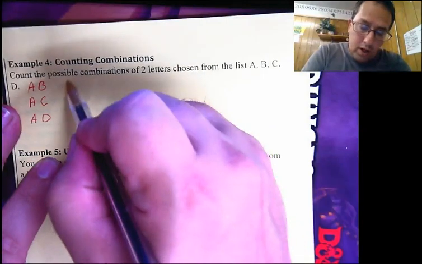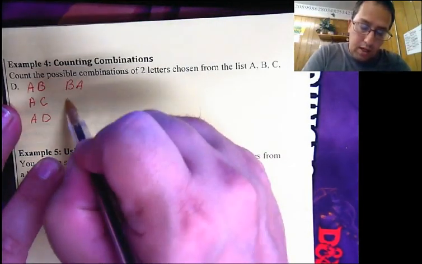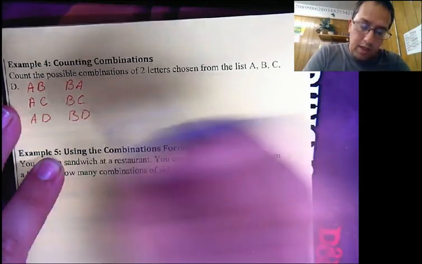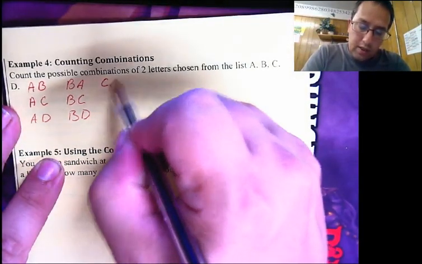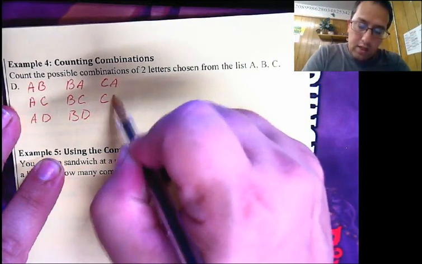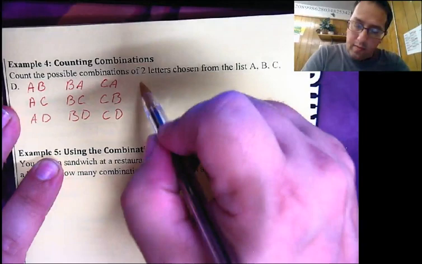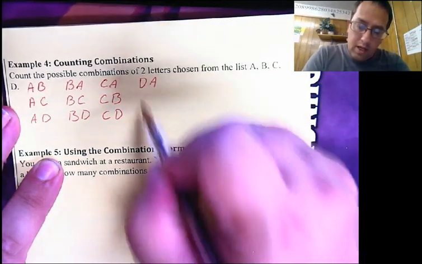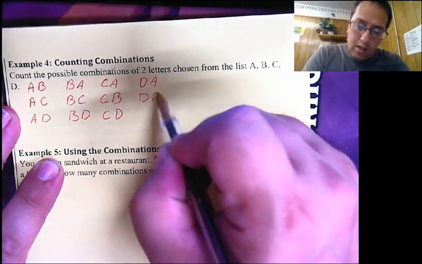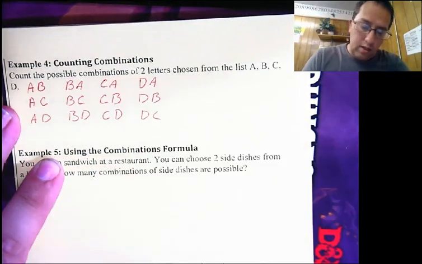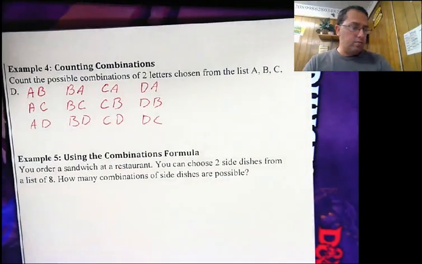Or we could have B and A, B and C, B and D. Could have C and A, C and B, and C and D. Could have D and A, D and B, and D and C. There you go. All the possible. However,